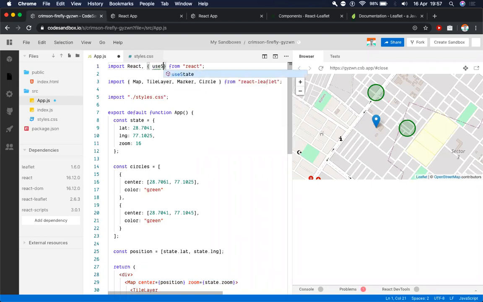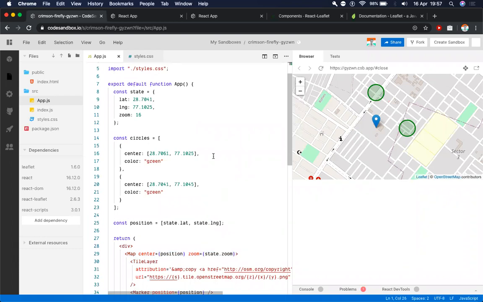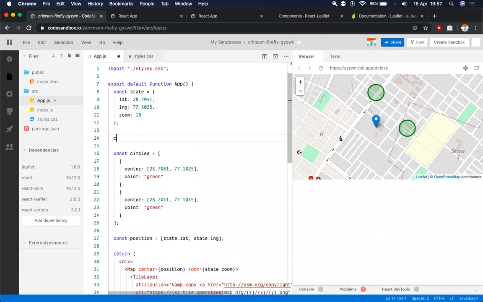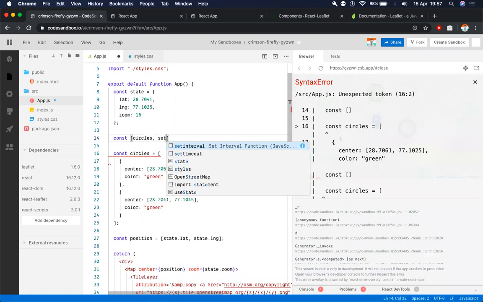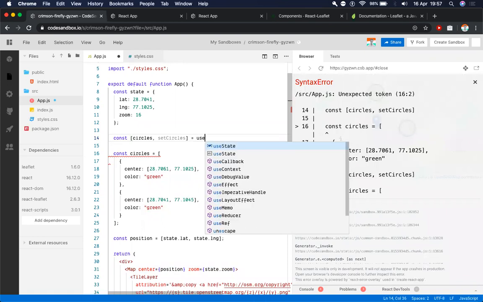So I will import useState from React. And for now, the only thing you need to know is that useState returns the element itself and a function to update that element. So that element can be anything.